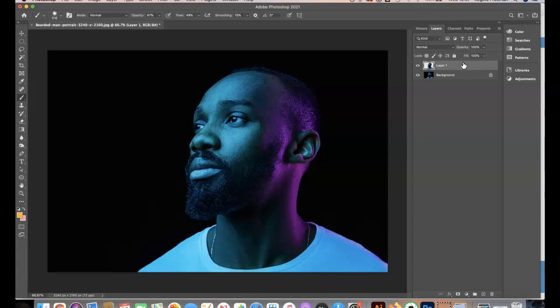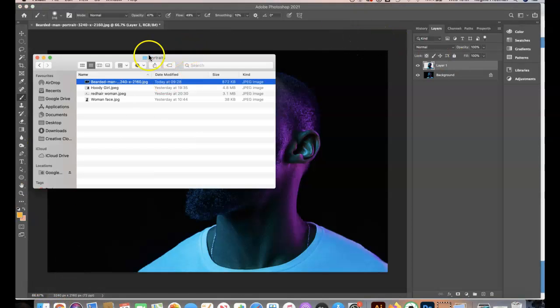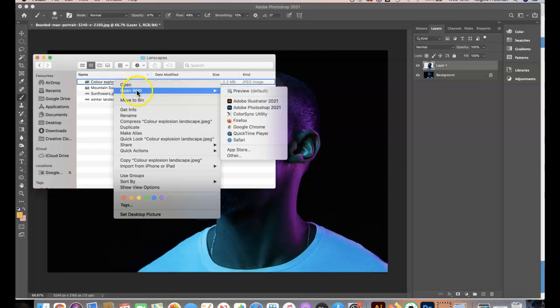Okay, so the next thing we want to do is get that landscape in. So I'm going to go back to my Finder window. I'm going to go back to my folder, landscapes, and I'm going to use the color explosion landscape that I downloaded from my premium subscription website. So two-finger click on my trackpad, or right click if you have a mouse, open with, and then go down